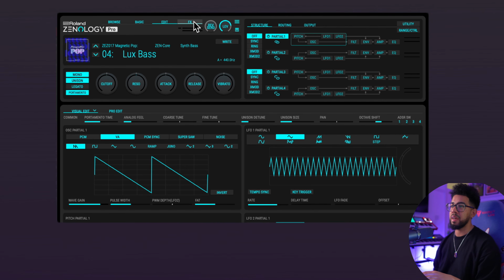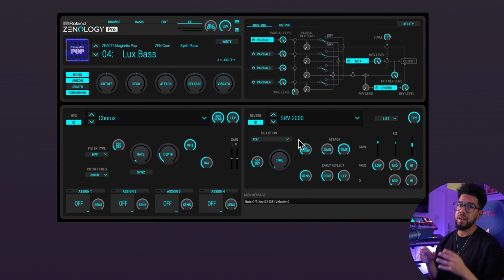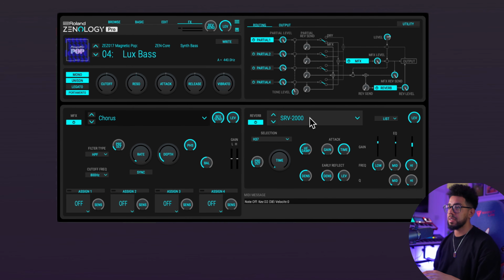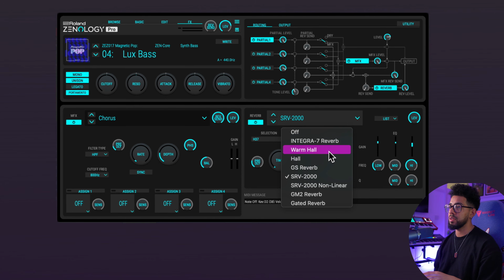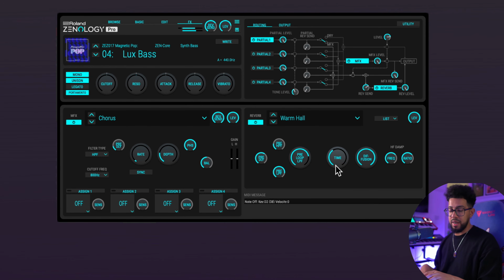instant riser. If we go to the effects section, what we now have inside of ZENOLOGY Pro, and this is only available for the 2.0 update, and only in the desktop version, you can't export it onto your ZENOLOGY hardware, but we now have a dedicated reverb section. So let's choose, I don't know, the warm hall. We can hear that it's added a lot of really nice reverb. So now this riser sounds a lot more epic, and I can add it to the beginning. Let's go up. And now it's a bit more of an epic